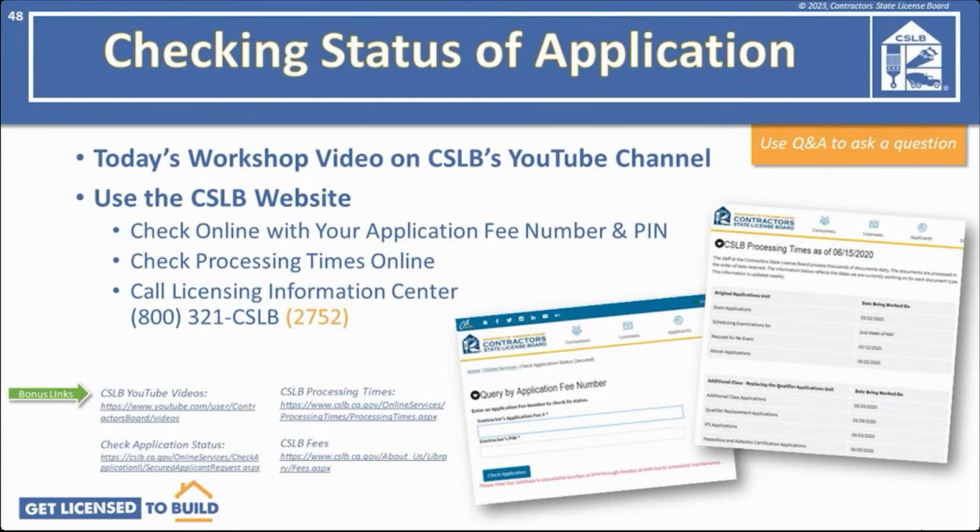The second way to check is to look online at our processing times. Each week, we update our website with the date we receive the paperwork for a specific process. So look for the date being worked on, and know that if the date shown is after the date we likely received your paperwork, it's likely we're busy working on your application. As you can imagine, CSLB receives hundreds, if not thousands of documents every day, and we process them in the order they're received. So be sure to take extra time getting the application right so we don't have to send it back to you to correct and then start processing your application again.